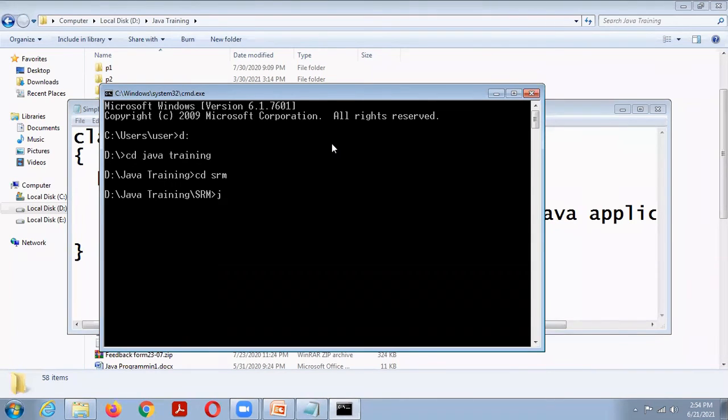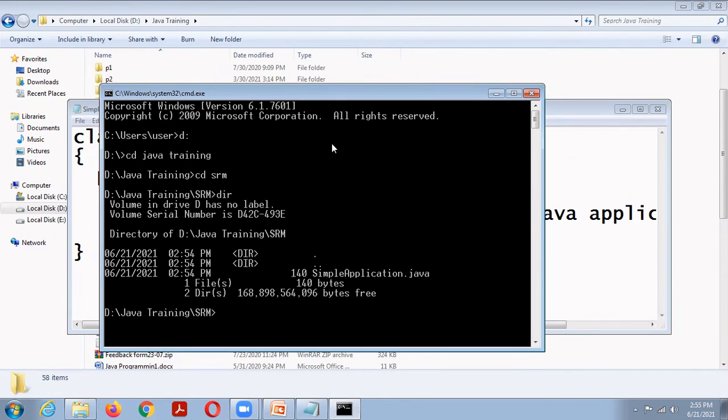I'm going to compile this program with javac. Now dir. The file is here, SimpleApplication.java. So I'm going to compile: javac SimpleApplication.java.